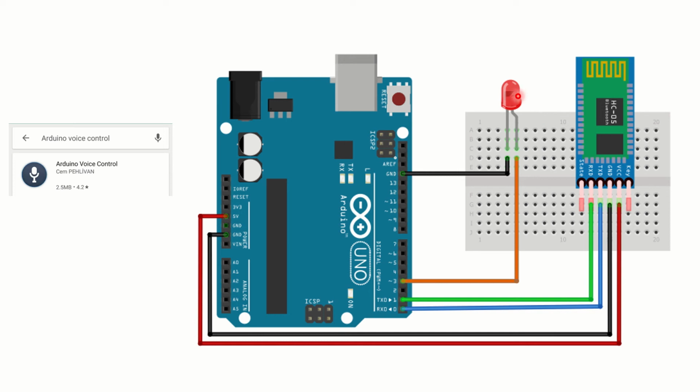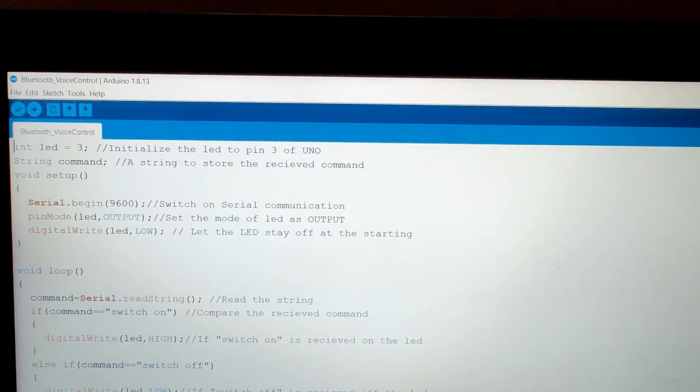Similarly, I have an LED which is going to serve as an indicator for us, and the ground of the LED is to be properly grounded, and here we need to give the supply as well. That's it. It's very simple, and I'm going to show you the code right now as well as the demo with which you can understand how exactly we can do it with ease. And this is real simple, and I hope you definitely like it. Right, let's get into the code right away.